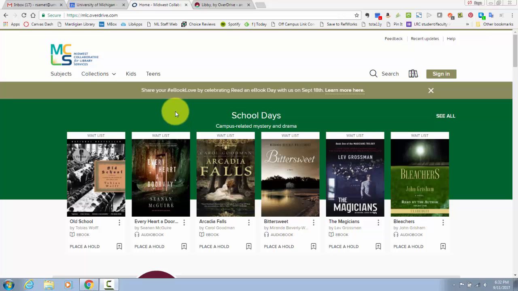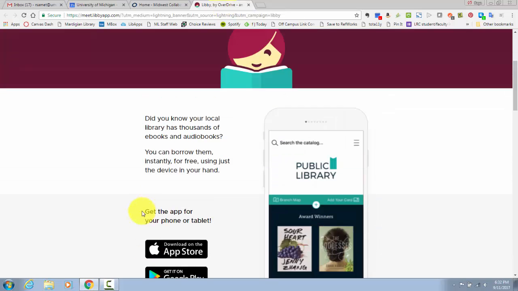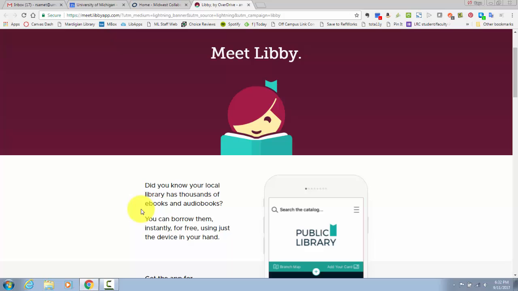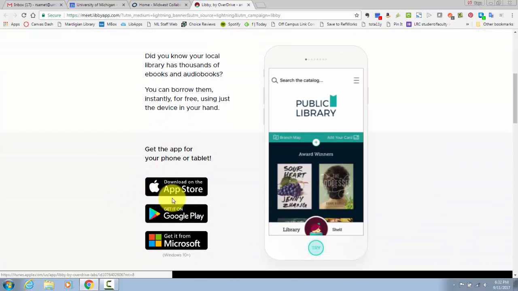And before I show you the web platform, I wanted to mention that there's a brand new app for mobile devices called Libby. There she is, Libby. It's really good. I've used the Overdrive app for a few years now, but this one's new and I like it a lot better. I think it's really easy to navigate and it will run on basically whatever mobile device you have. It's in the App Store for Apple iOS devices. It's in Google Play Store for Android devices, and it's also in the Microsoft Store if you're running Windows 10. So if you have like a Surface or some kind of Microsoft Windows tablet, it will also work for you,